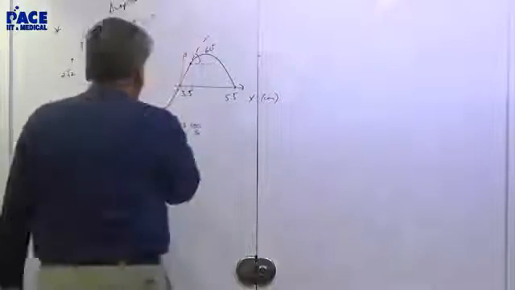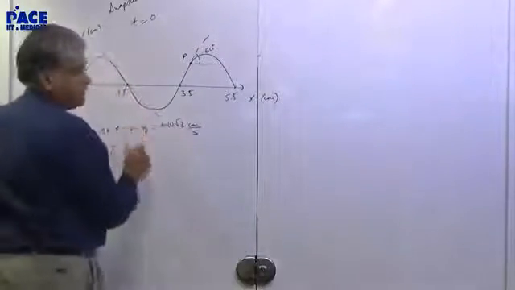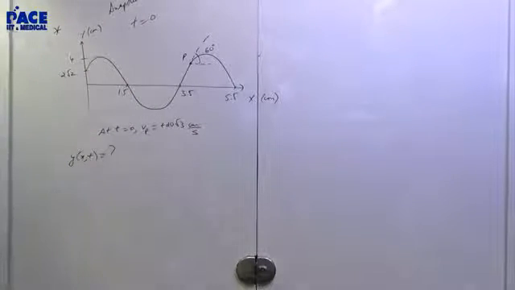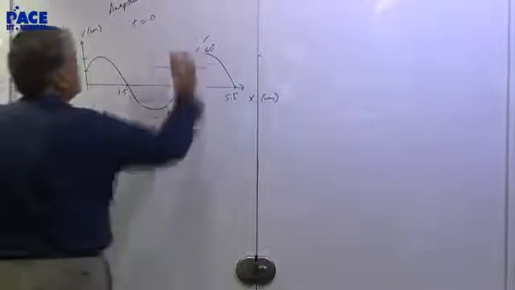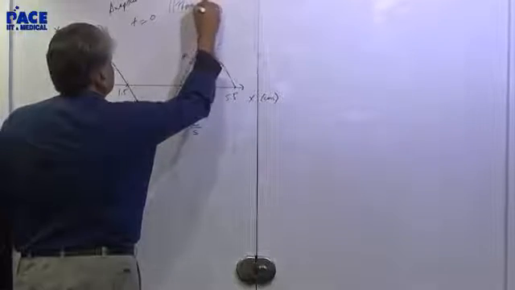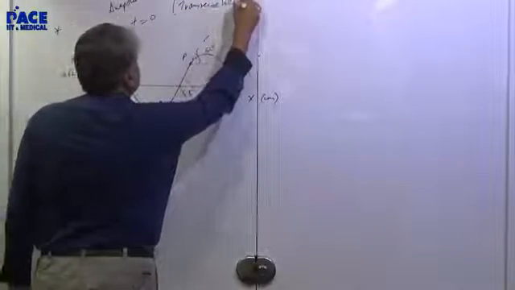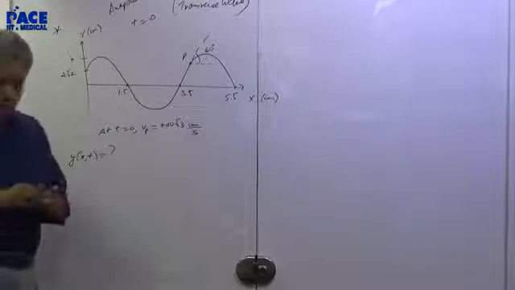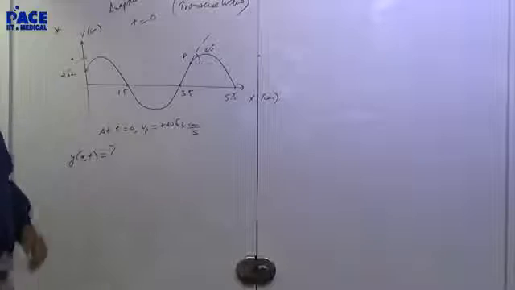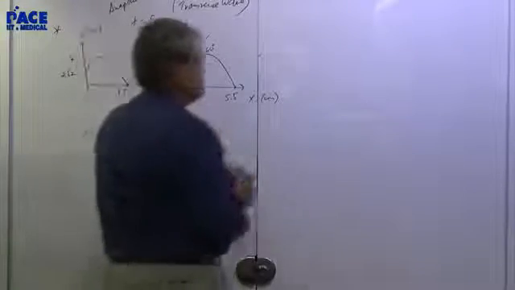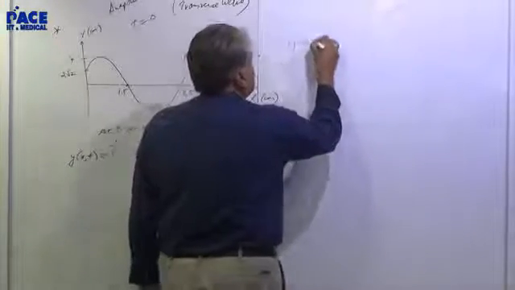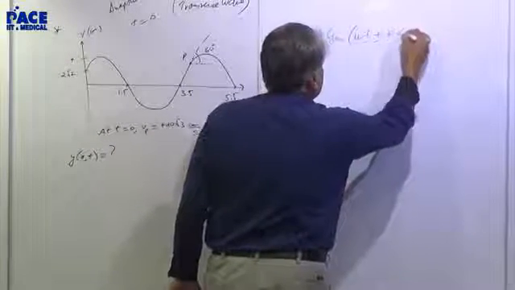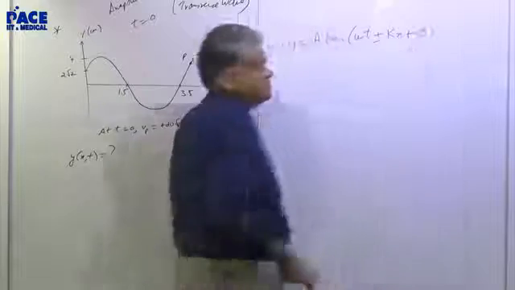It's given that at time t equal to 0, Vp, the particle speed, is 20 root 3 centimeter per second. Plus means it's going upwards. So you can even say it's a transverse wave. What is the wave equation if it's a sine wave? We know the wave equation is Y equal to A sine omega t plus or minus kx plus phi naught. This is a general equation.